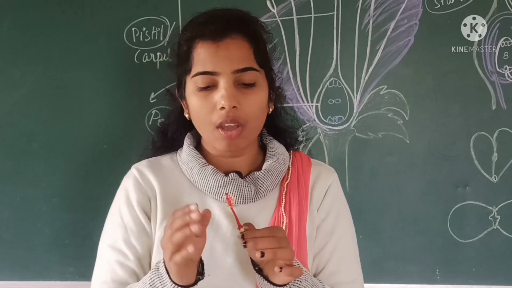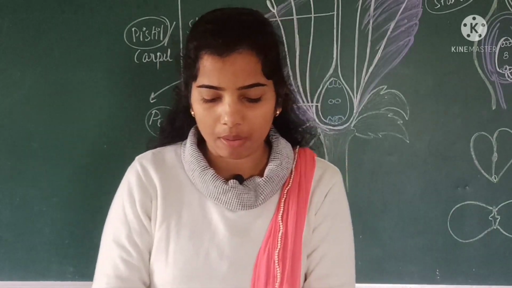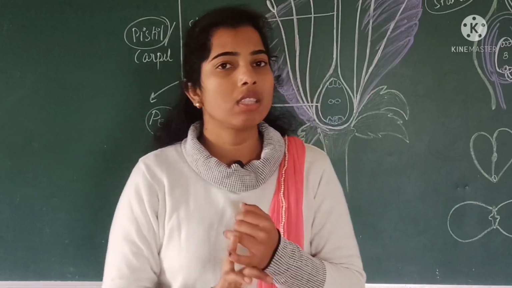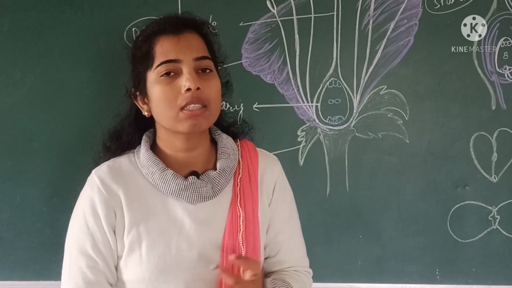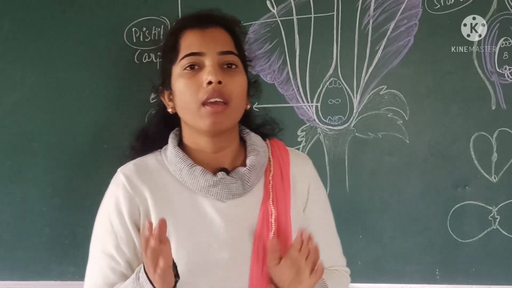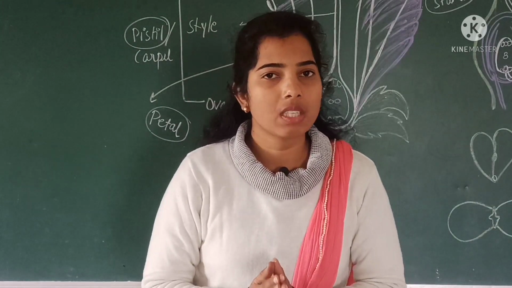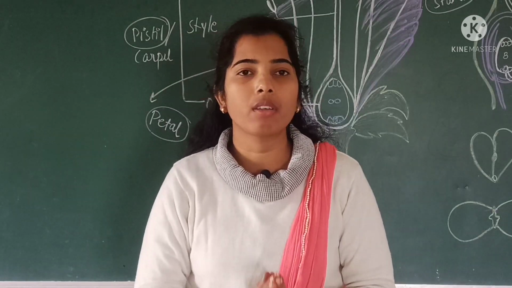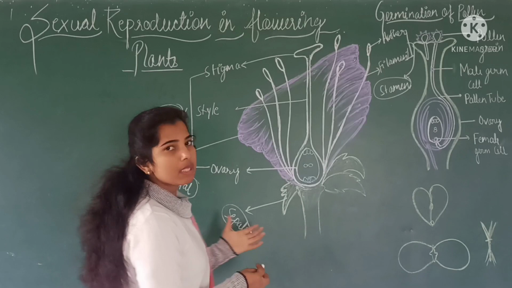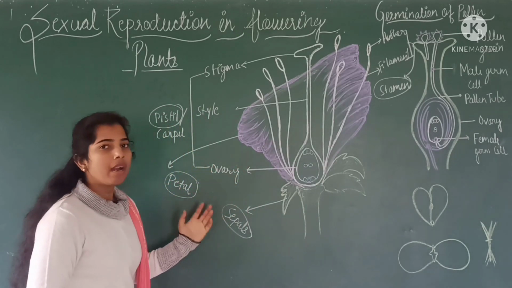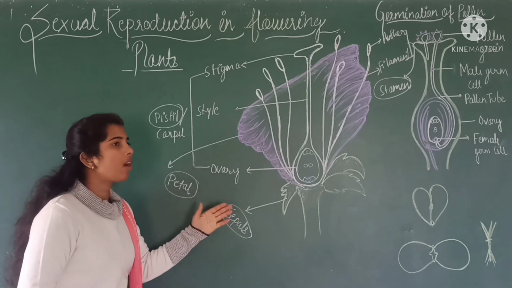We see clearly all the parts of the flower. These are the main four parts of the flower. First is sepals, second is petals, third is pistil and fourth is stamen. Stamen are the male part and pistil are the female part of the flower. In the hibiscus flower, we see clearly the male and the female part both are present in the same flower,